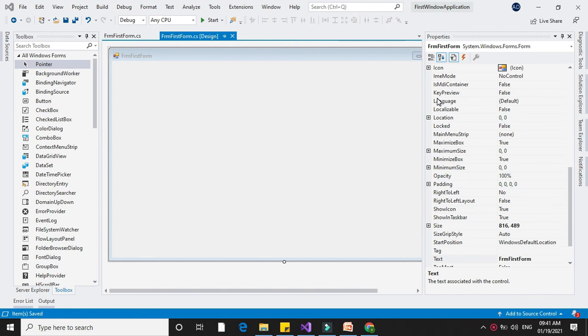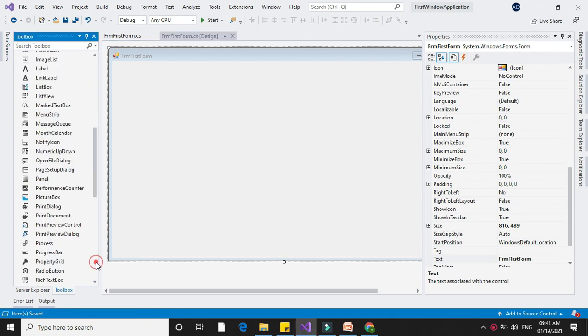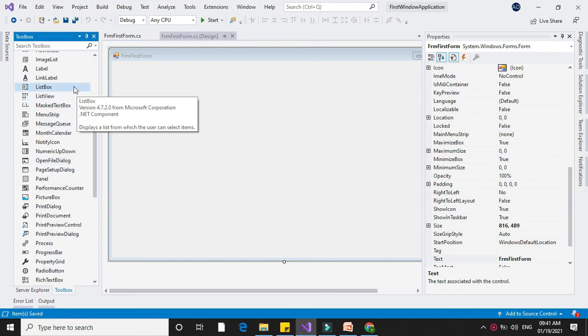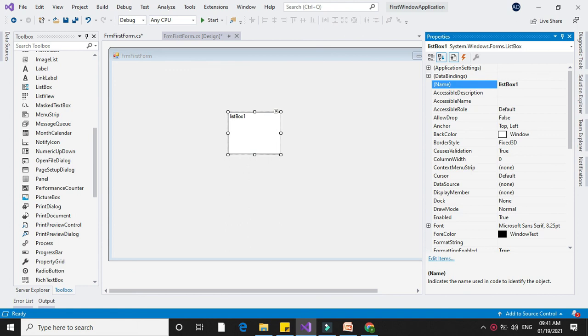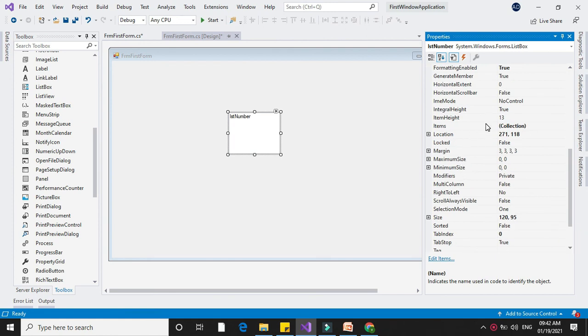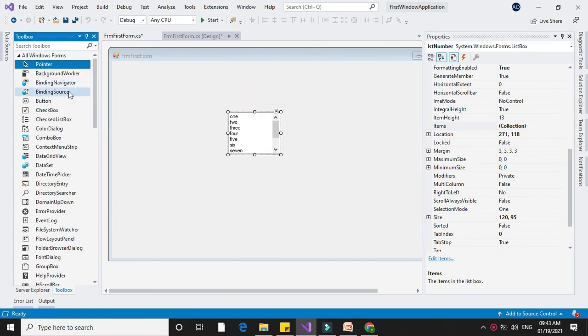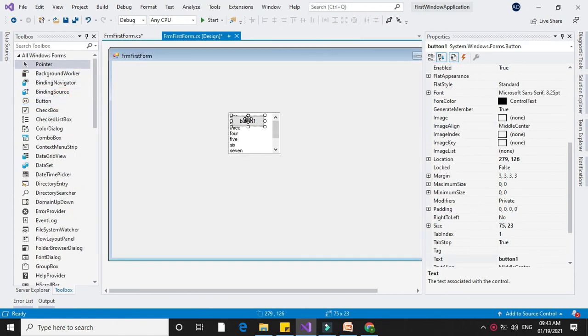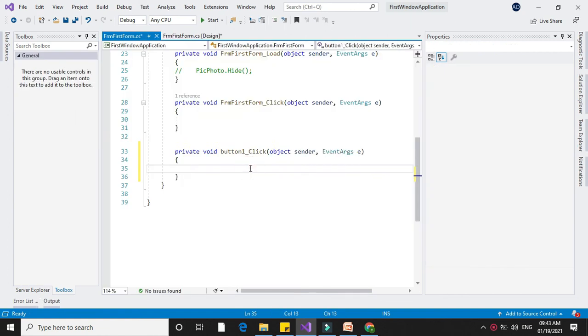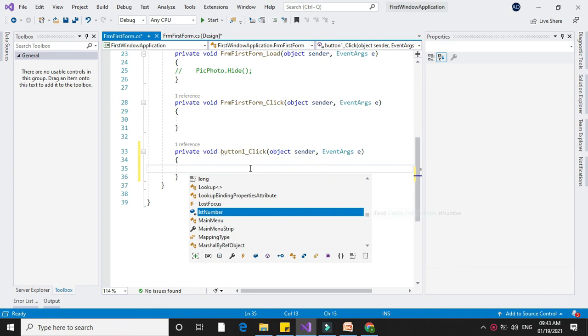To check how the Items property executes, we will add a list box here. I will give it the name lstNumber, and in the Items property I will add numbers. To execute the methods, I will add a button here, and on the click event of the button I will execute the methods. I will display the result in a message box.